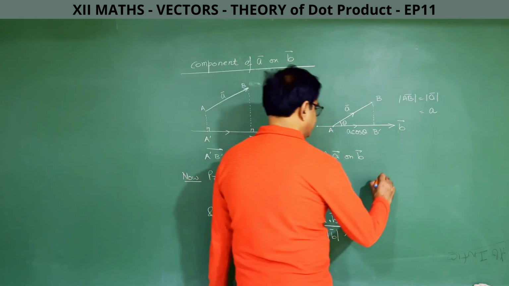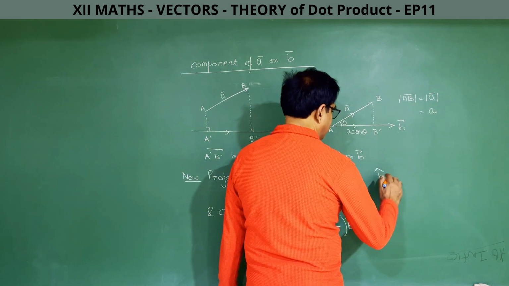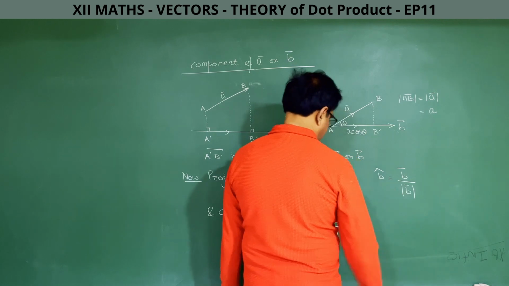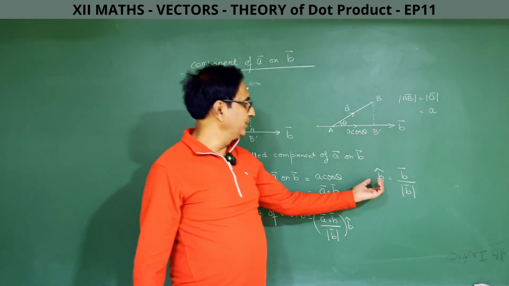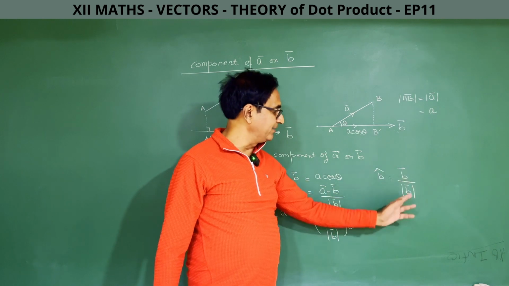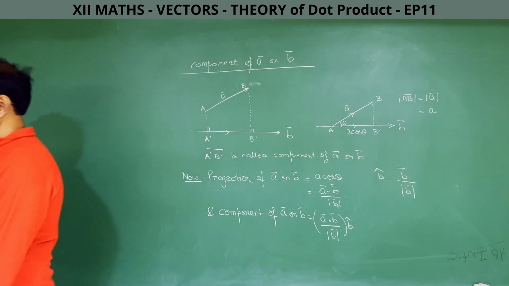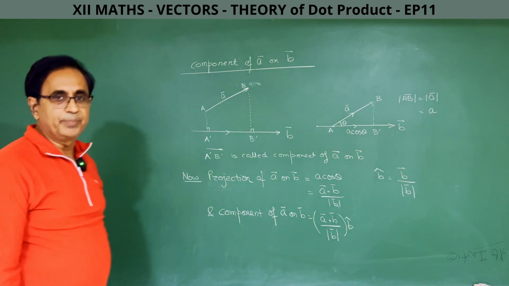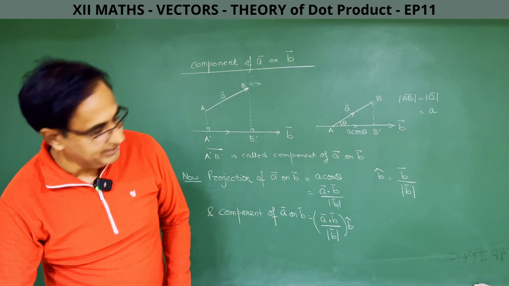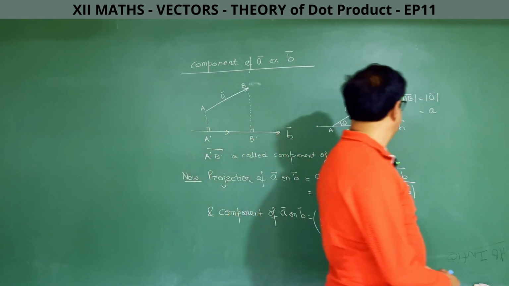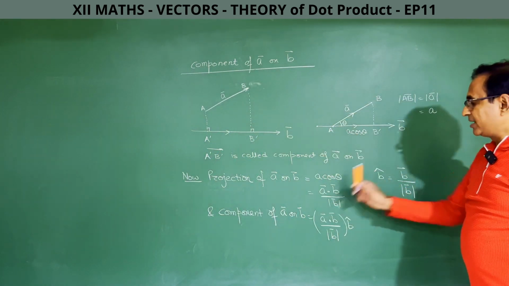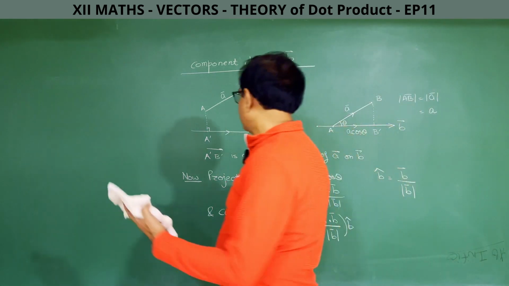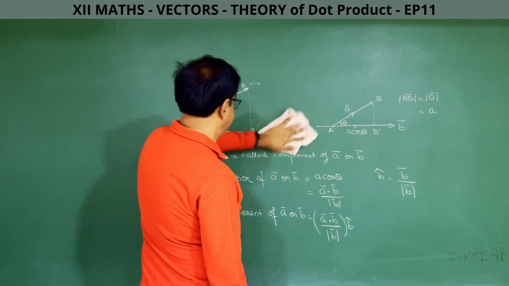I am sure everybody knows it. How do you find a unit vector along vector b? You take vector b and divide by its own magnitude. So unit vector along any vector is: divide the vector by its own magnitude, it will convert into a unit vector. Now the last topic, what is the physical significance of the vector? So I hope all of you have understood it and you have written it also. So if you are not able to write it, you can pause your video and write it later.